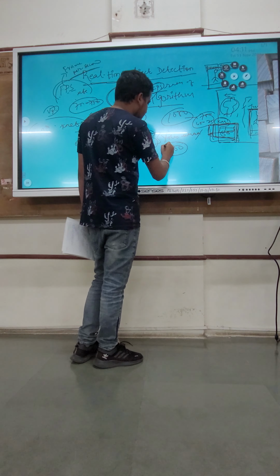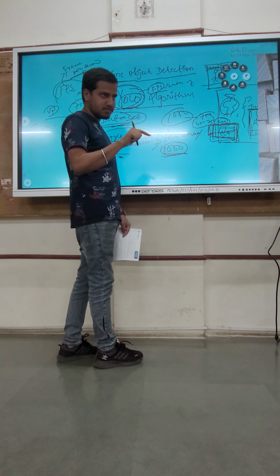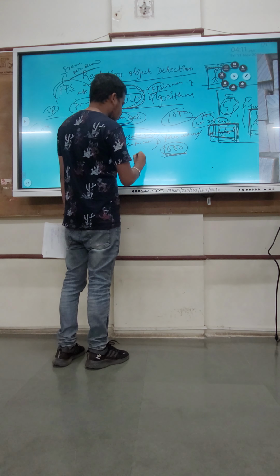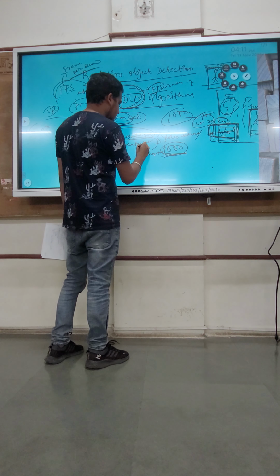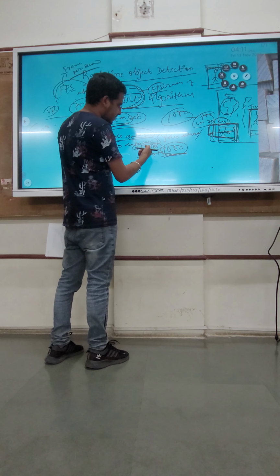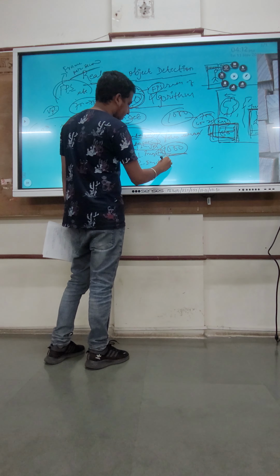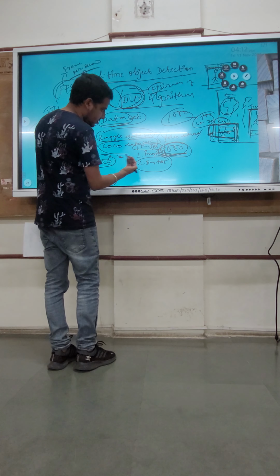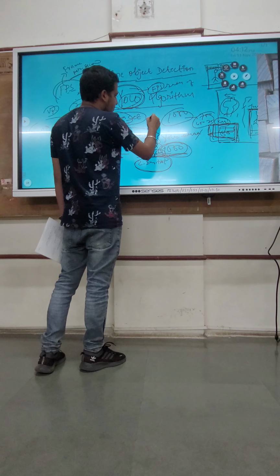So when you train the 1000 images, with each image there will be one text file associated with it. You can see that in the computer. It's like image one dot jpg, then image one dot txt, then image two dot jpg, then image two dot txt. Similarly for 1000 images, there will be 1000 txt files associated just below that, which store the bounding boxes and the labeling of those images.